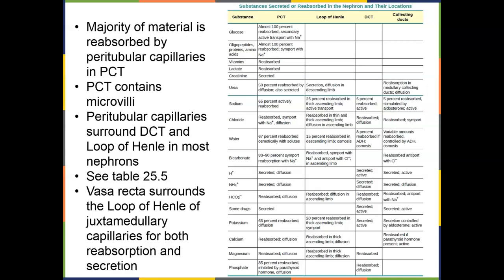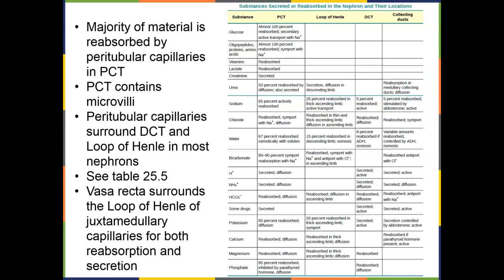Materials that are being reabsorbed in the proximal convoluted tubule are moving into the peritubular capillaries. Anything secreted would also be secreted from the peritubular capillaries. Surrounding the distal convoluted tubule and the majority of our loops of Henle, the ones on the cortical nephrons, those ones are also going to have peritubular capillaries surrounding them, and so reabsorption occurs into those peritubular capillaries and secretion occurs into those